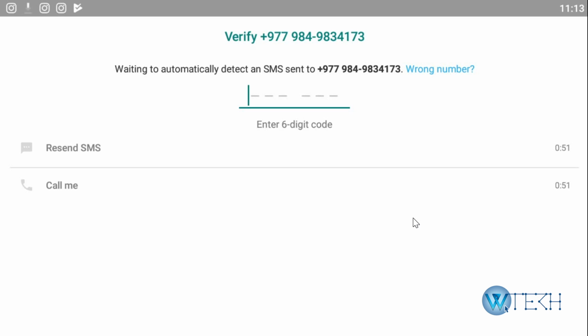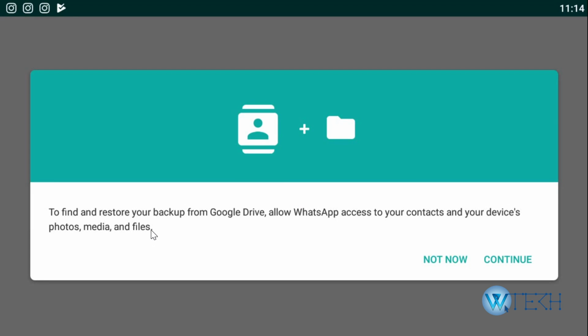Now your phone should ring up in a while. You'll get a message with a code. Just go ahead and open your phone and type in the code in this area. And if you're verified, you should see this message or something similar. Just go ahead and proceed